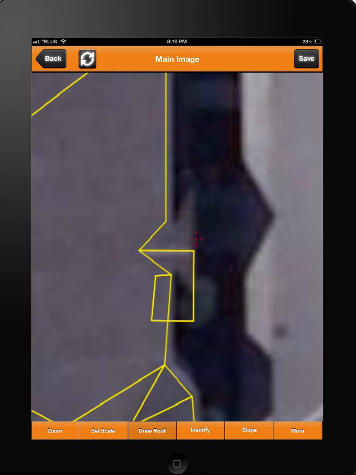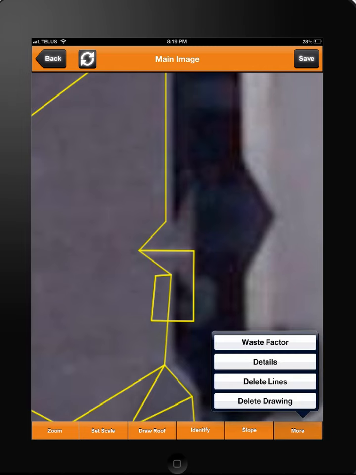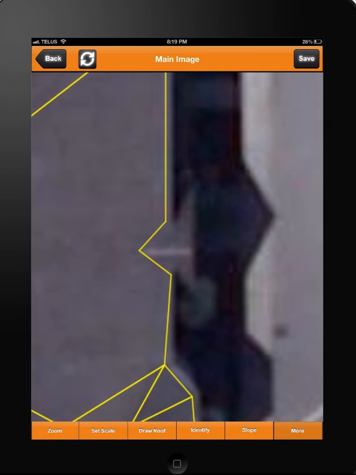Now here, I'm going to go delete. I'm going to try and click on one line, see what happens. See, it deletes the whole thing, because I think the program knows that there's an error there. So when I draw the other side, I'll draw this, and I'll draw this,